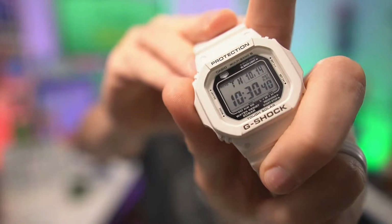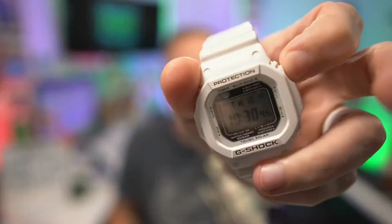I set mine to beep twice per hour. I think that's nice, an audible reminder that the hour has come. Keeps me on task. It has other features like a countdown timer and a stopwatch, which you would expect. It's always on, it never goes away. This particular one, they all glow if you hit the top button, but